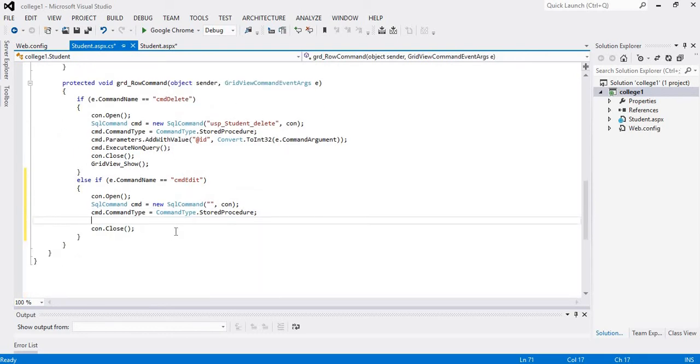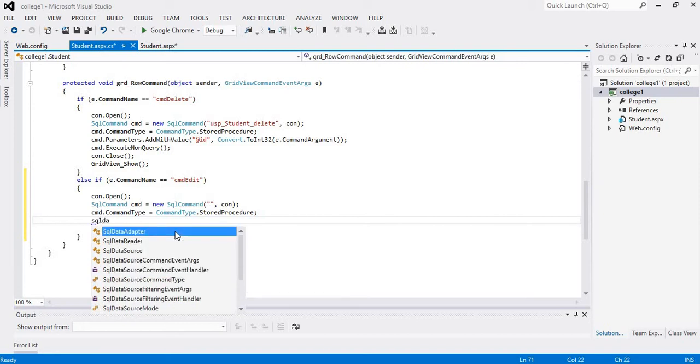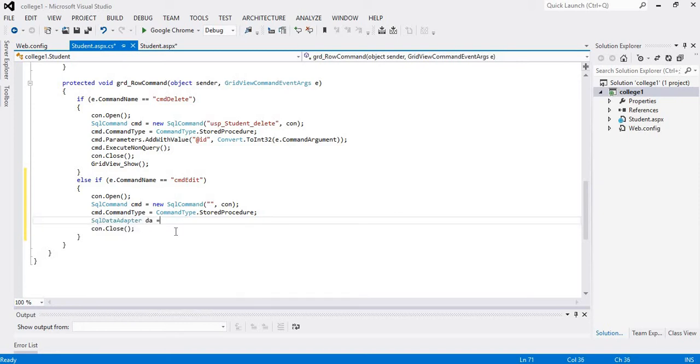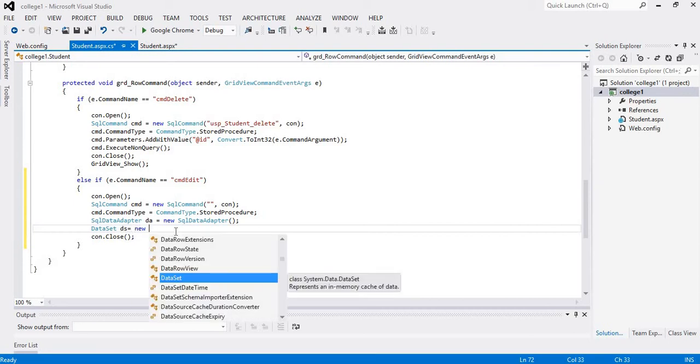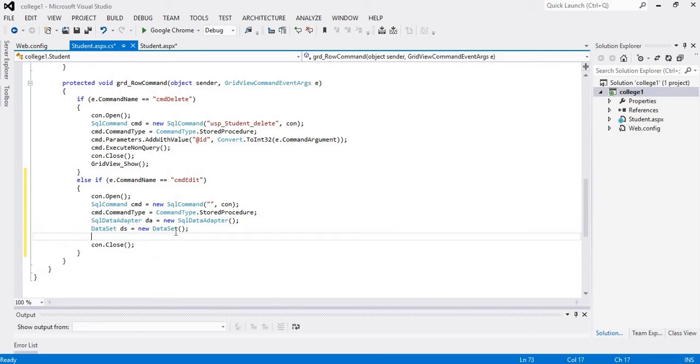Now we will write SqlDataAdapter DA equal new SqlDataAdapter, and then DataSet DS equal to new DataSet, and then DA dot fill DS.